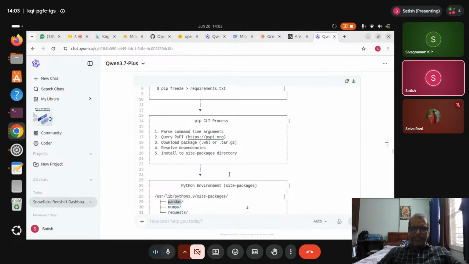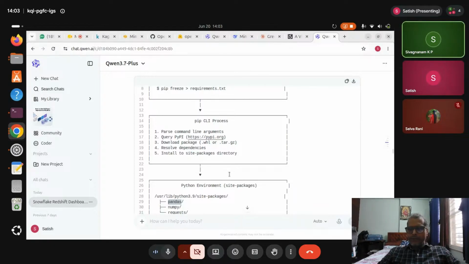Now the pip process. If you give pip an input, what will happen? First, the pip program parses the input arguments. Then it will be opening